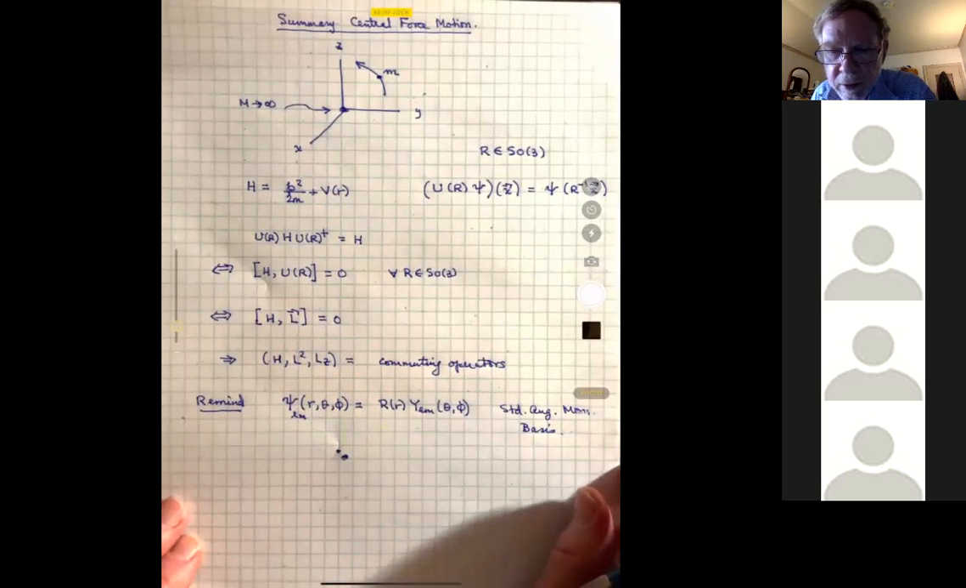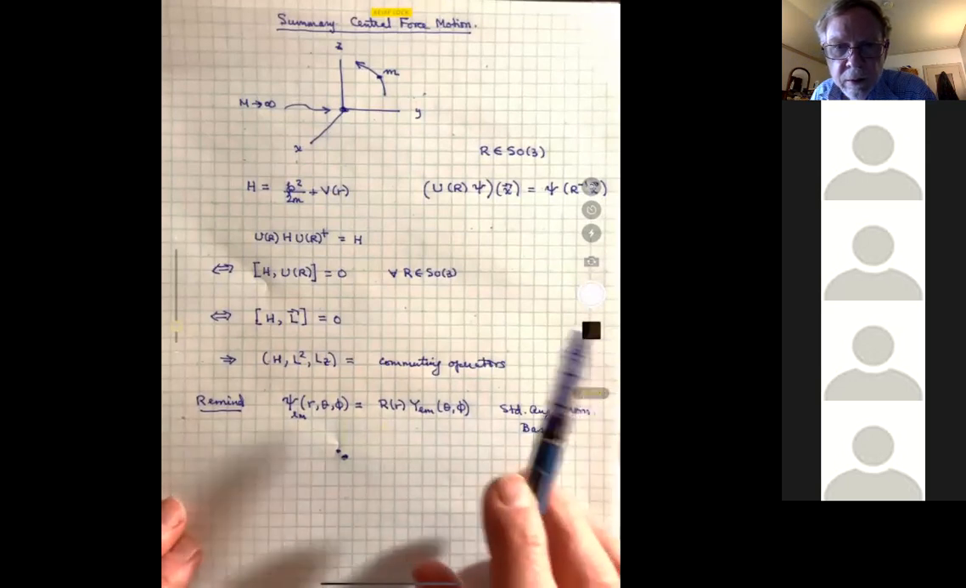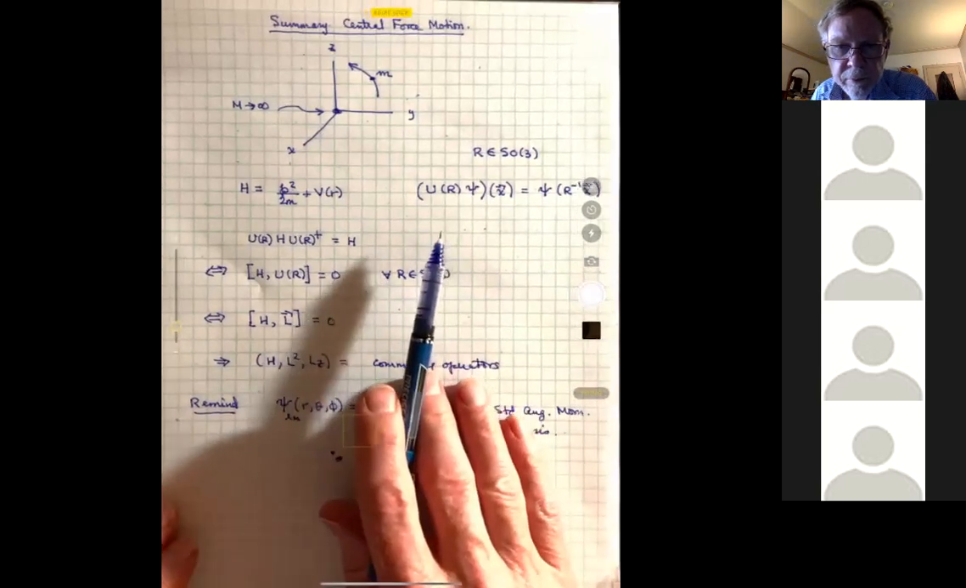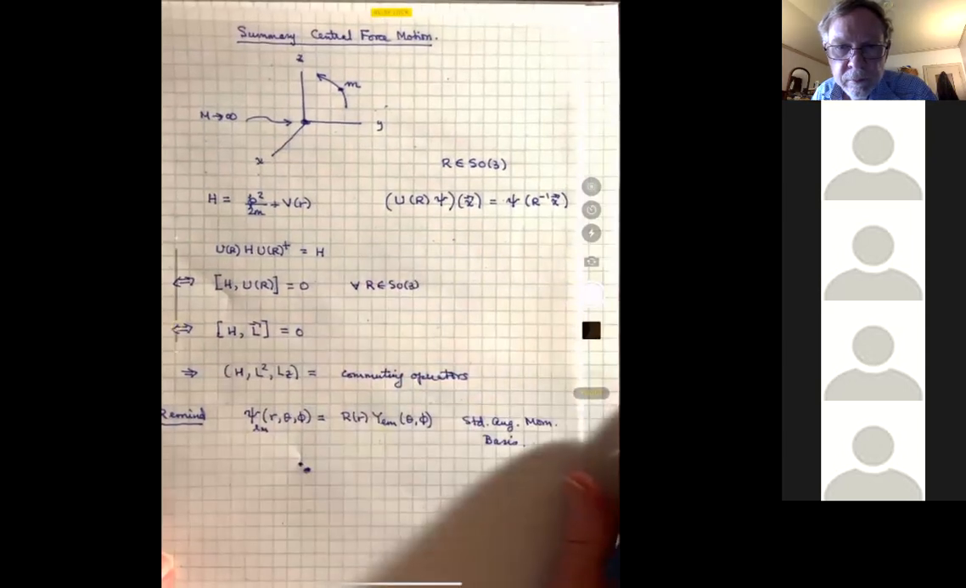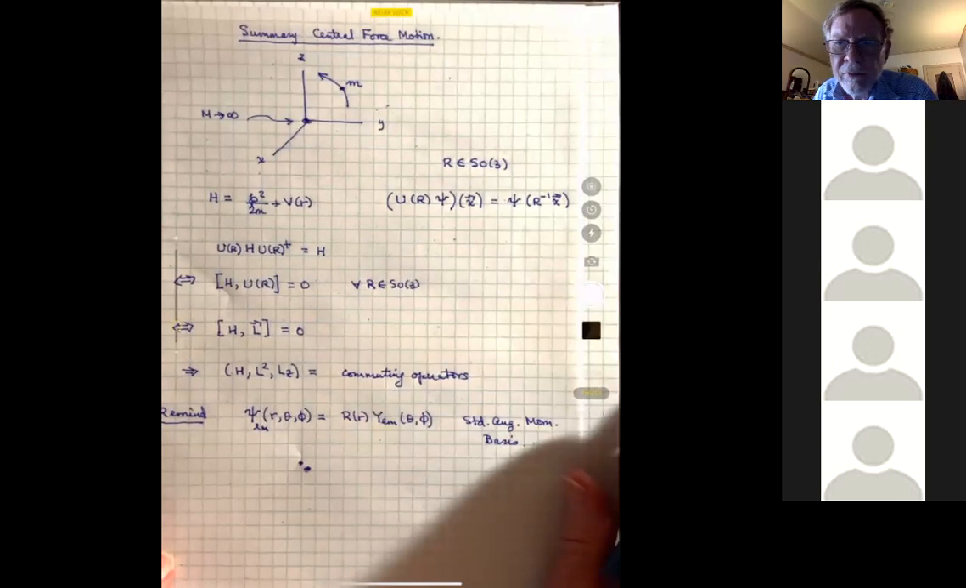Could you just remind me, the top right where you write U of R psi of x equals psi? Where did that come from again? That came from, I think, the last lecture where we worked out the action of rotations on wave functions in